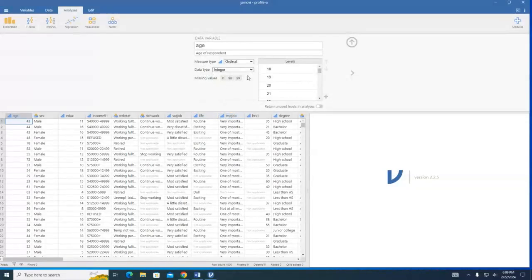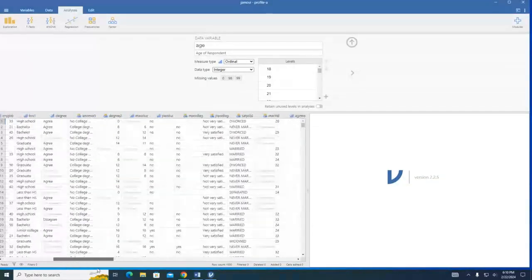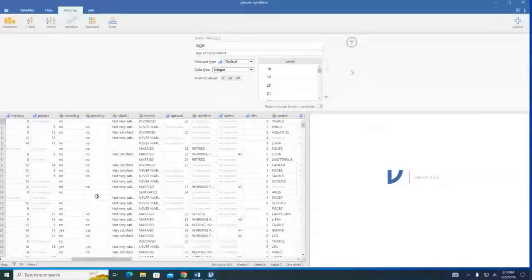So that's why you can have issues on how you select your data type and measurement type. You're also able to say how you want to fill out missing values, whether you want to put a 0, 98, 99, if the participant didn't access or acknowledge that variable within the data set, or if it was skipped. Aside from that, you can retain unused levels in the analysis. So if there are 1,500 participants that were able to give you the information and were presented within your survey, you can either choose to run it, or you can have it as not applicable, since some survey participants did not provide that information. You could have it as not applicable, 99, 0, or leave it blank altogether, such as